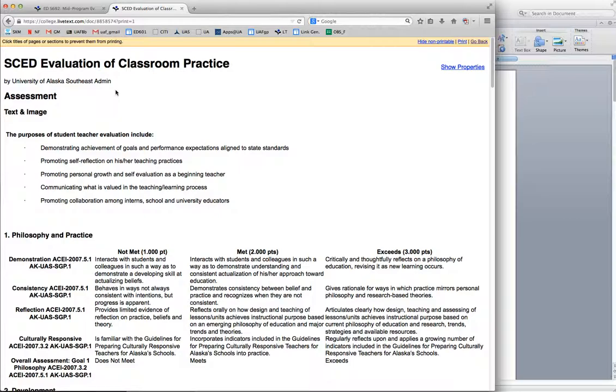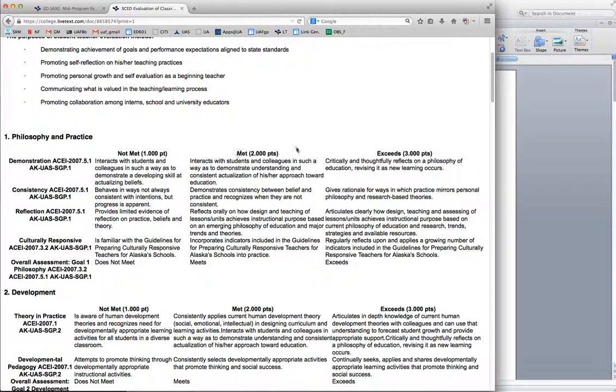The document is now ready to print, and all you have to do is work through this and circle the number, the category that best describes your progress so far. Now this is mid-program, so we're not expecting to see many, if any, of the 3-level responses for exceeds. Now if you read through this and you really feel that it describes where you're at, go ahead and do that. I expect that most will be in the 2 area for standards that you've met, or in the not